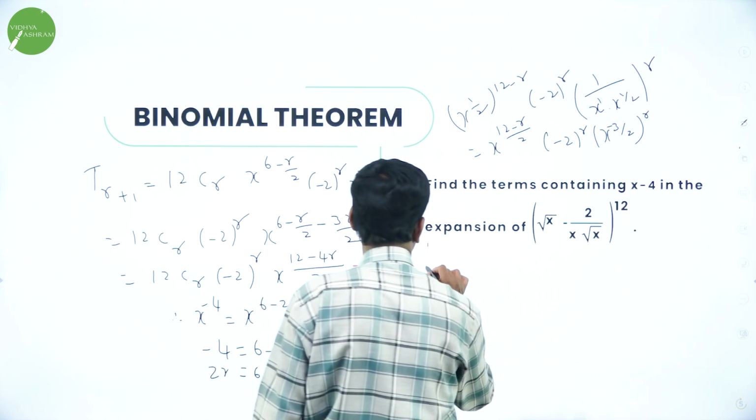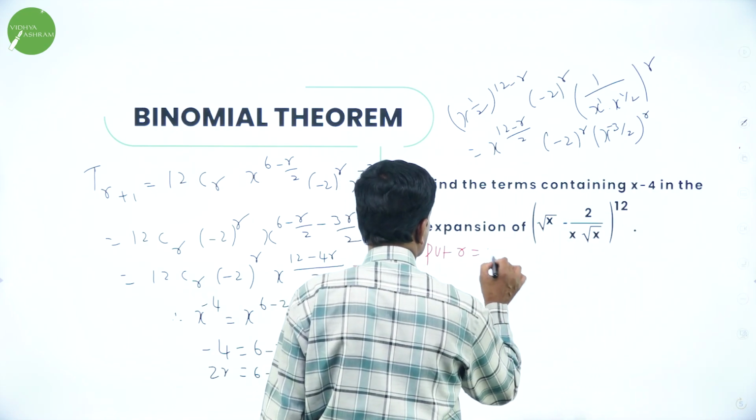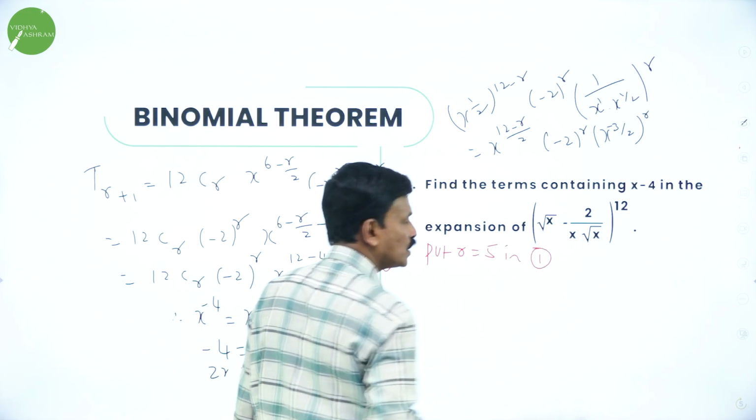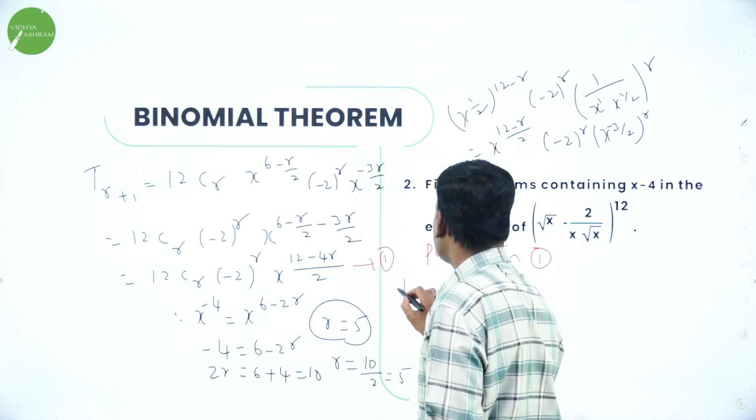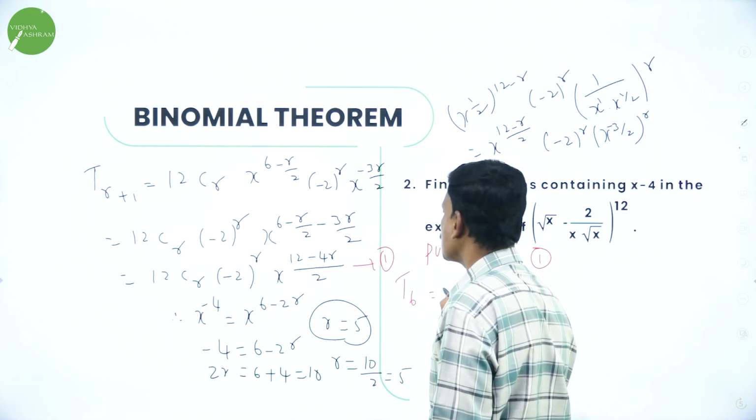So put r is equal to 5 in equation number 1. So what you will get? So this is equation number 1. T5 plus 1, that is T6 is equal to